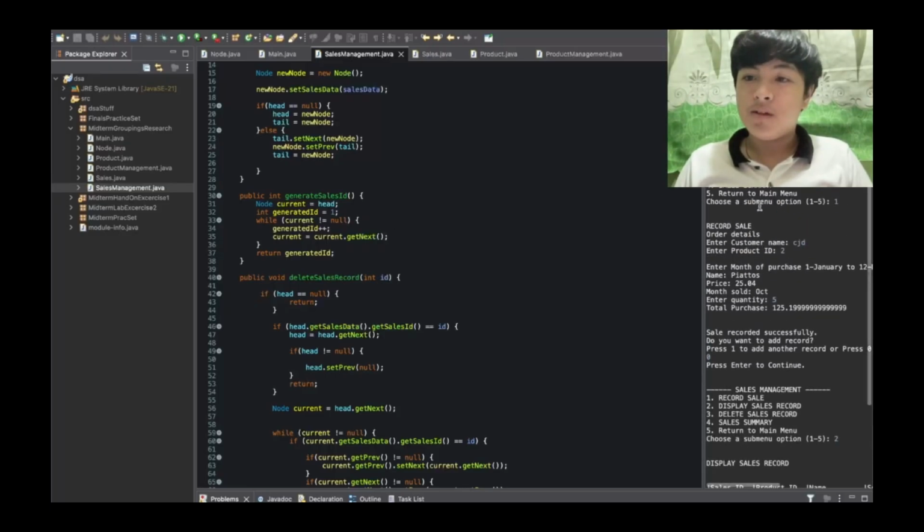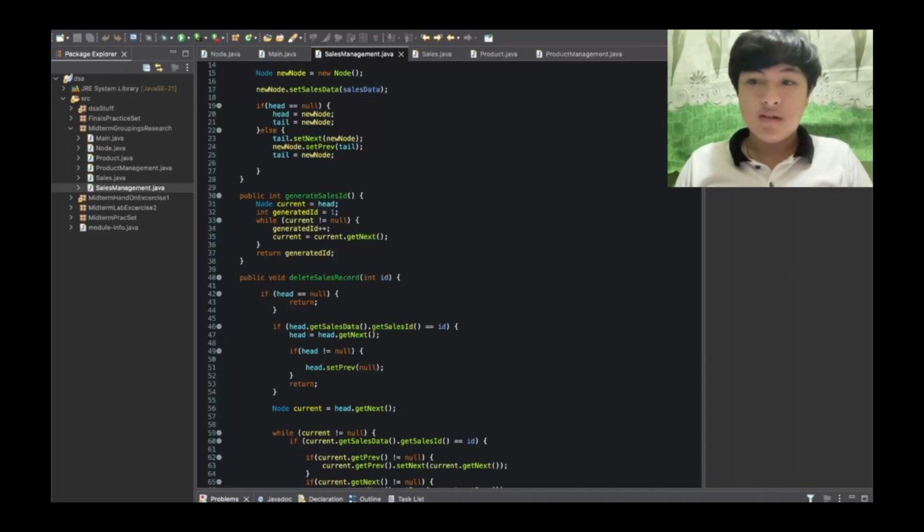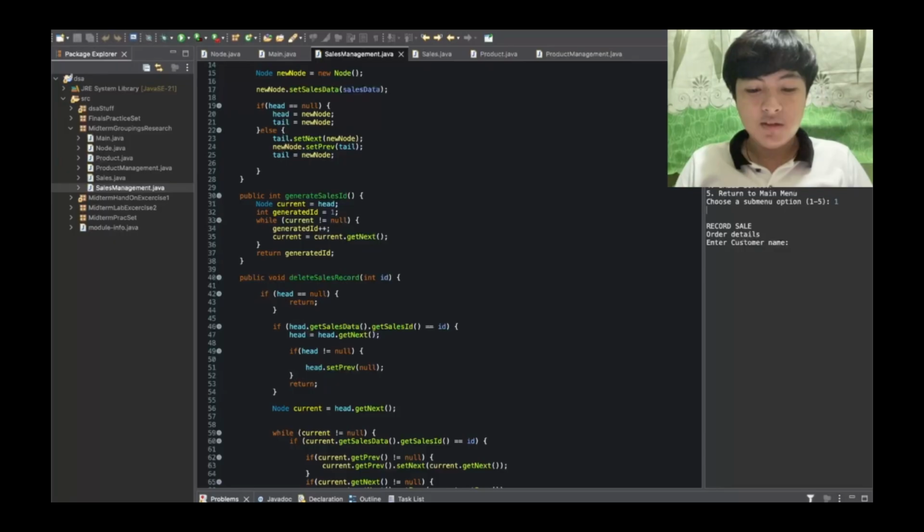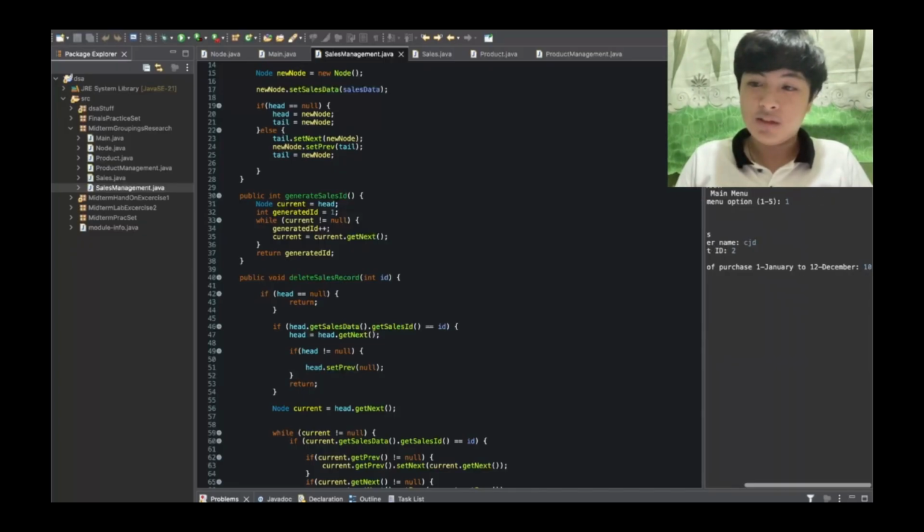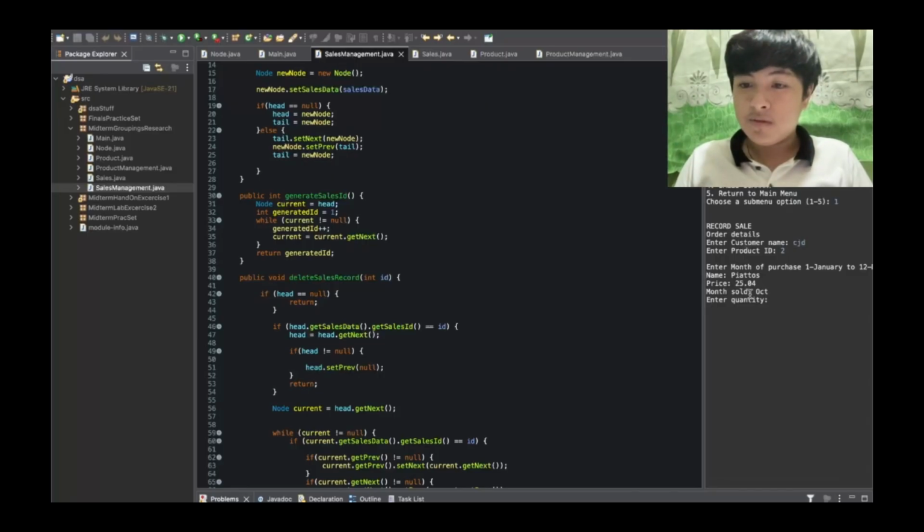For example, let me run this. So let's say that the customer is CJD and he wants to buy a product, and the product ID is 2, and he purchased it this October, so let's say 10, and there you go.